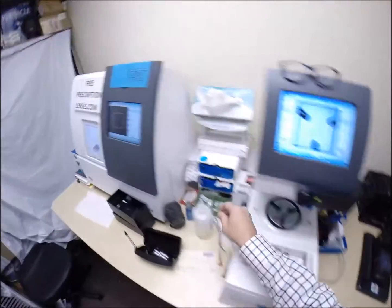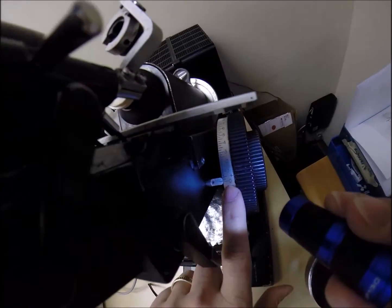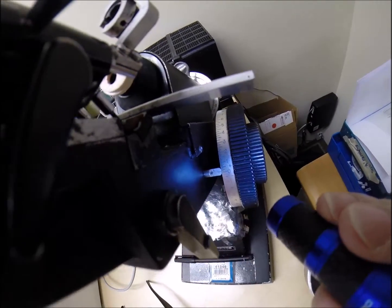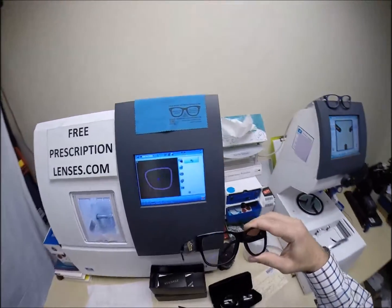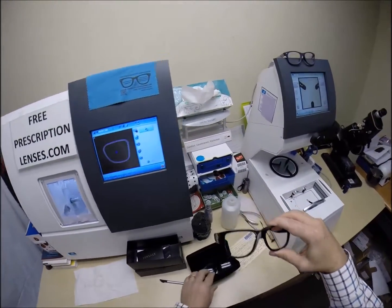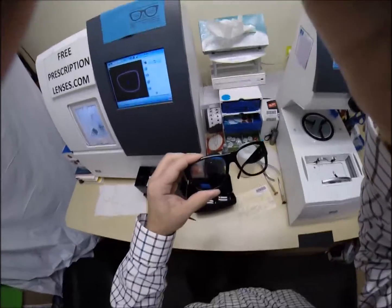But these are non-prescription. I am getting 0, plano. There is no power in this lens whatsoever. These are strictly non-prescription fashion lenses. So, as I was mentioning about the anti-glare, the third feature, it reduces glare when driving at night